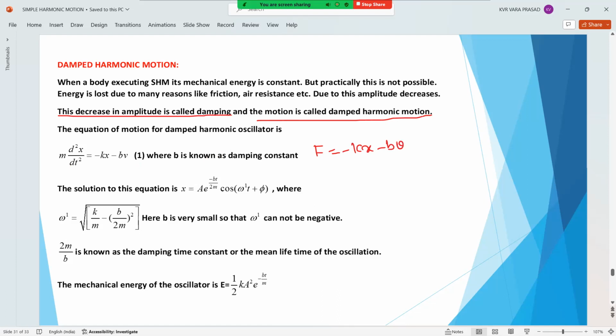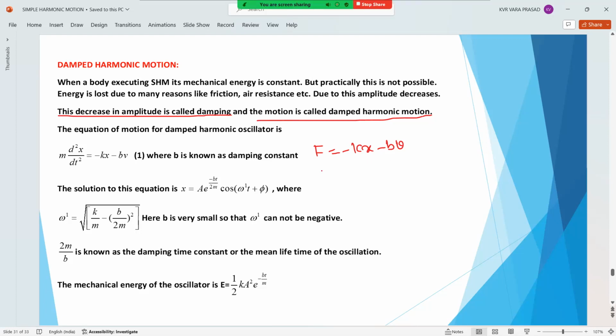This is one extra term because of damping, meaning energy is lost. For that we are taking minus b into v, where v is now velocity, and b is known as the damping constant. That means for F equal to minus kx, we are now adding one extra term, that is minus b into v. Now for this equation, the solution is x equal to,